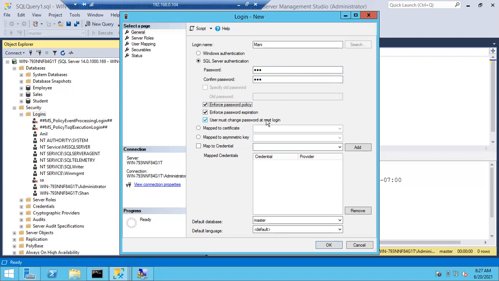Again, you can see the option user must change password at next login. Even for money, I'm a DBA creating a login for money. As I am giving the password for money, I know the password, so there is a chance of misusing money's account. So as this option is checked, whenever we give credentials to money, saying this is your SQL login name and this is your password,